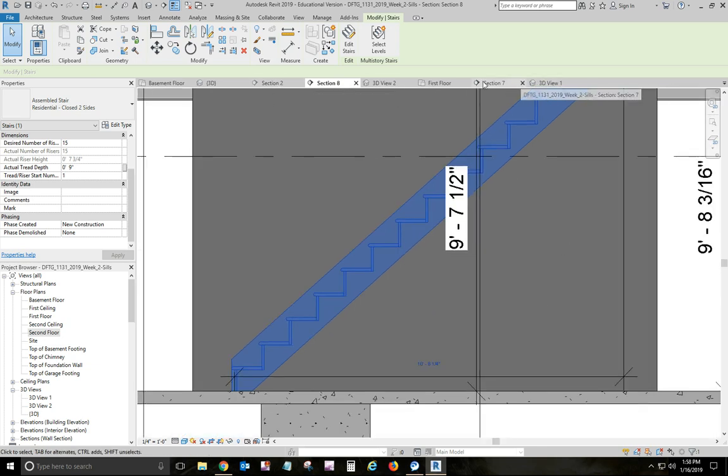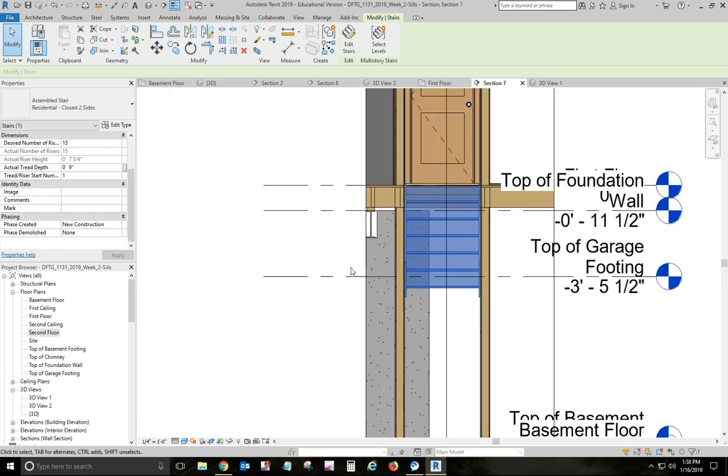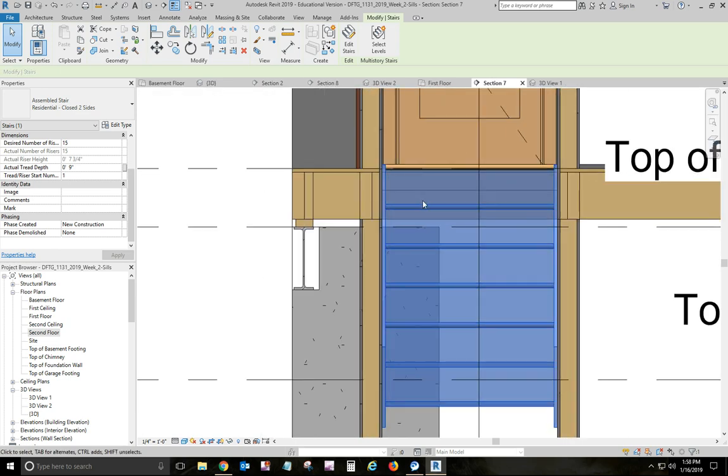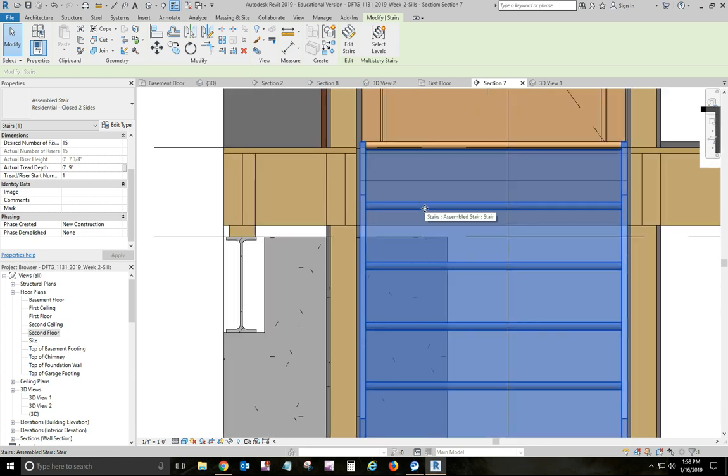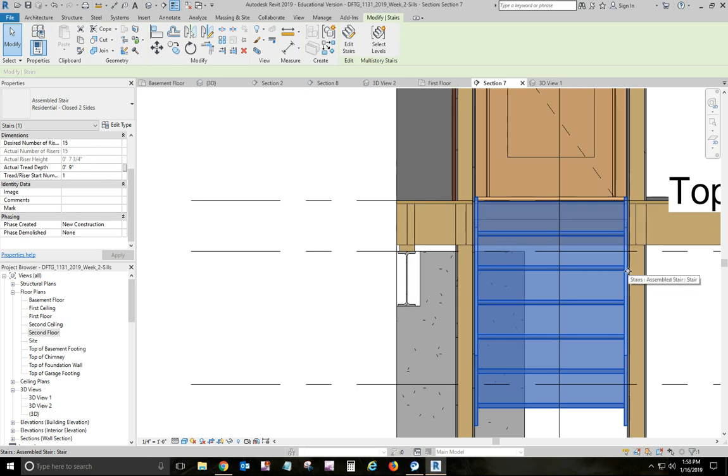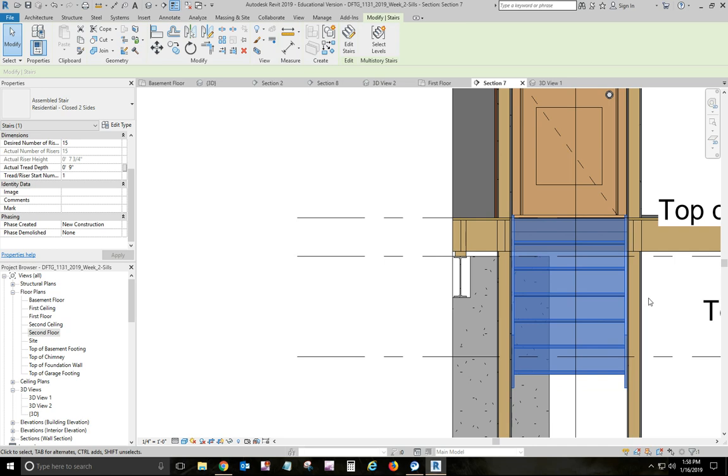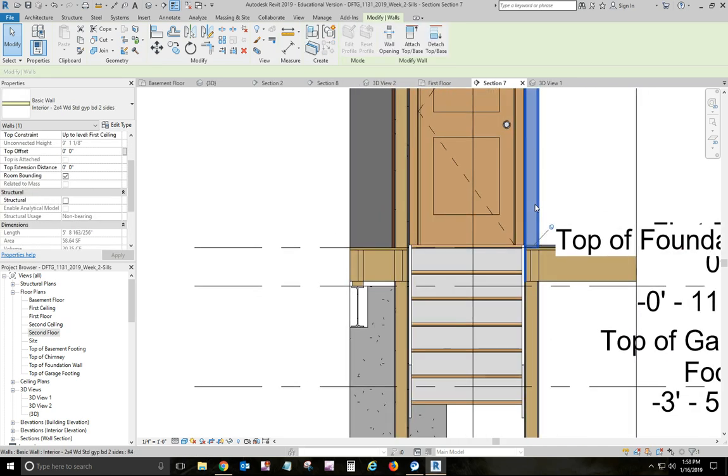Okay, so let me go to this section. And you're going to delete the handrails that come with the thing anyway, once you put it in. But as you can see here, the outside edge of the stringers should be on the face of the gypboard, okay, on both sides. And then once you got your stair in place and correct, you want to come and edit this interior 2x4 stud wall type